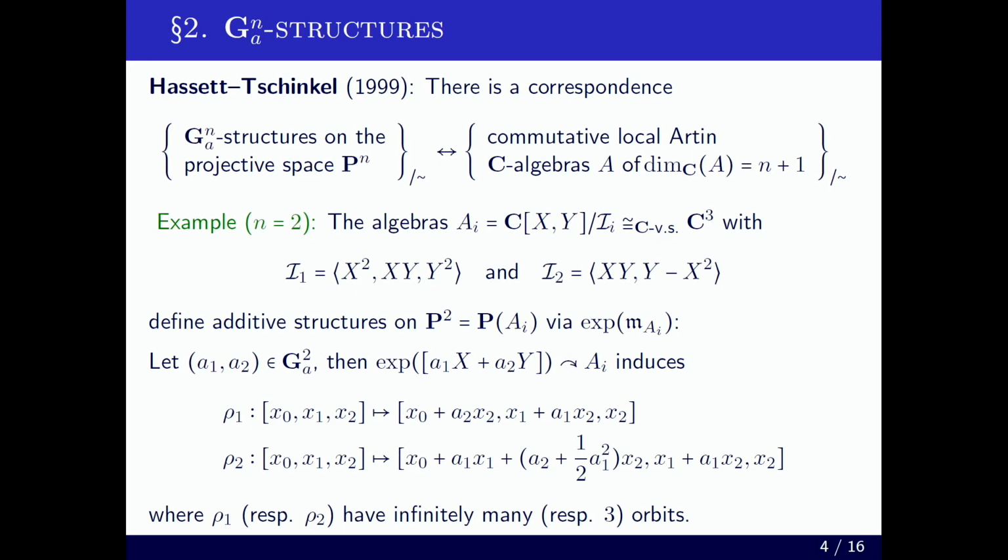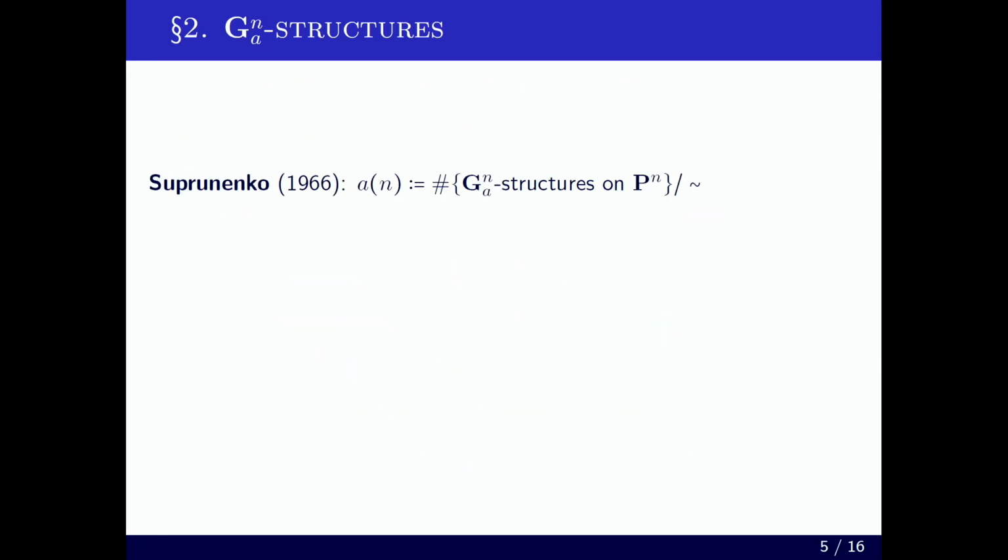So there are actually different ways to be additive. And OK, this is a very nice example. If you think about it for a second, you are on P2, right? You have 3 by 3 matrices that commute. So this is a very, very classical thing from commutative algebra. Commuting matrices. And there is a classical result by Suprunenko that can be translated, of course, it wasn't stated in this way, but can be translated by saying that if you look at the number of,